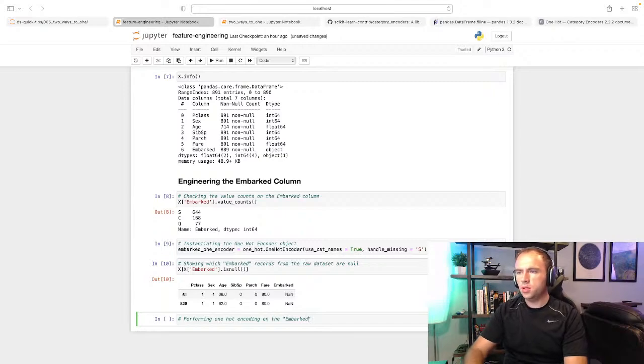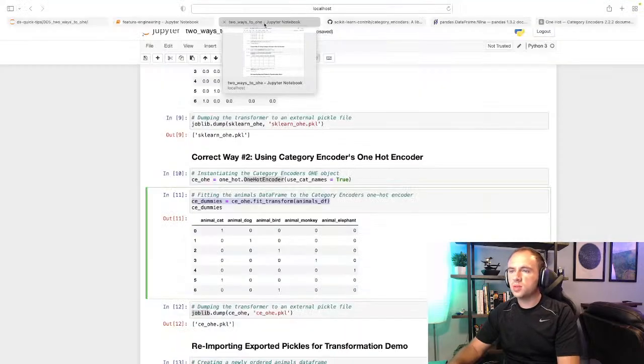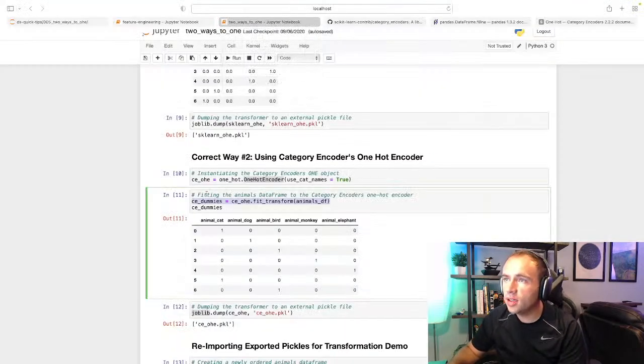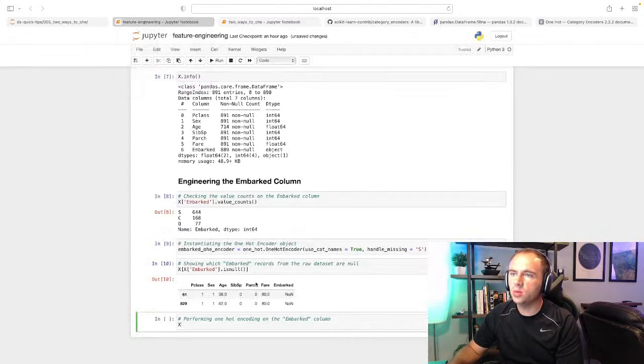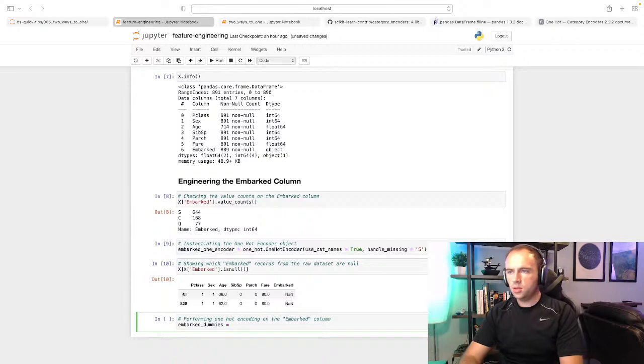Why am I struggling today to remember some of this stuff? Okay, so we are going to fit transform. We don't want to fit transform the whole data frame, we just want the one object. So I'm going to call this embarked dummies equals